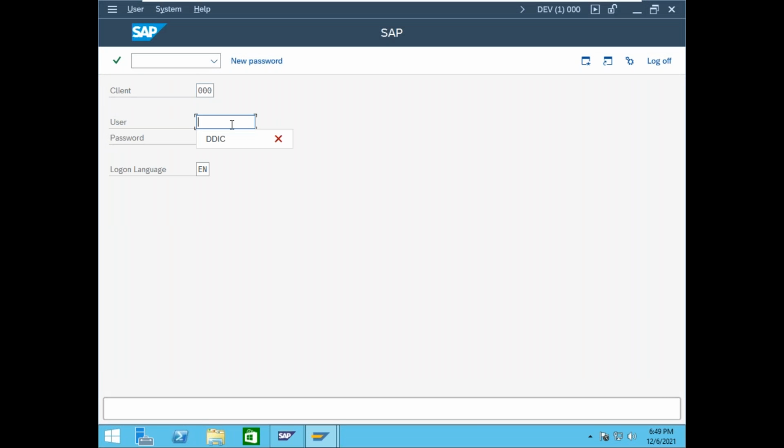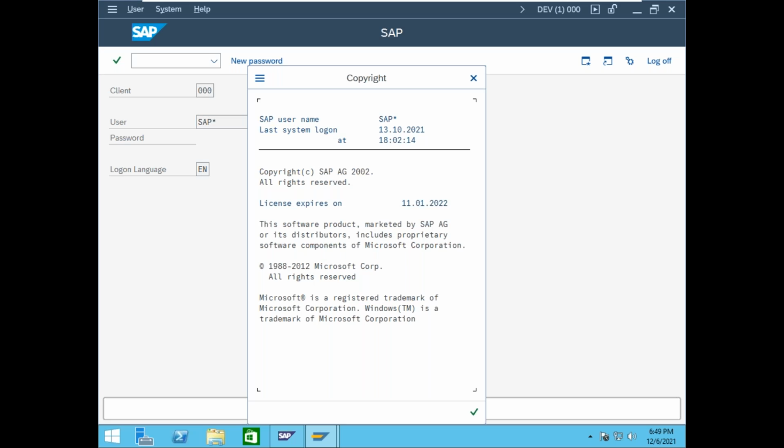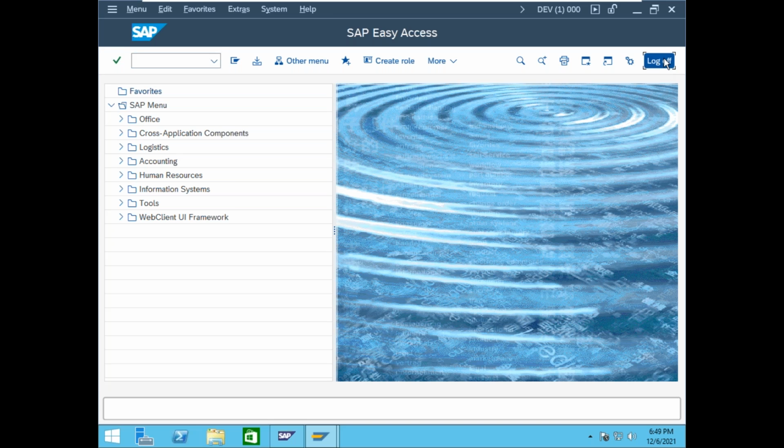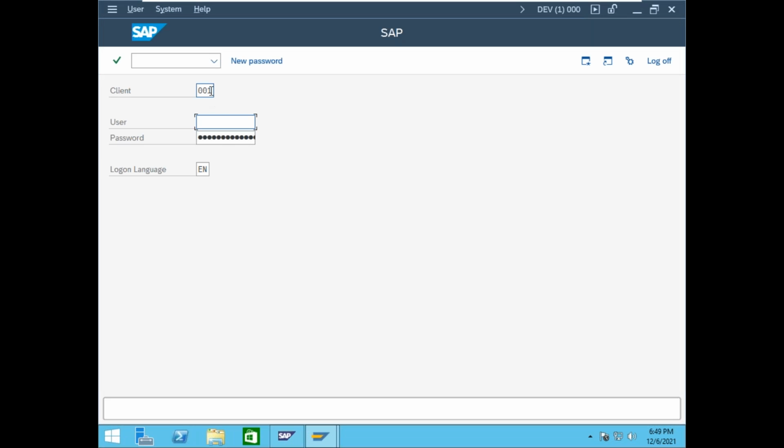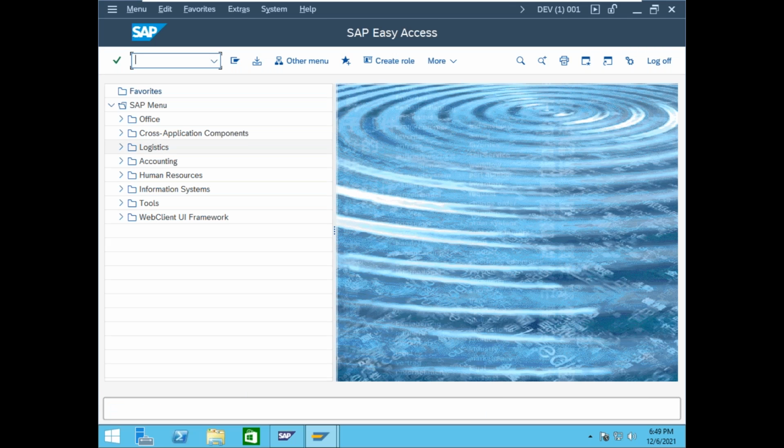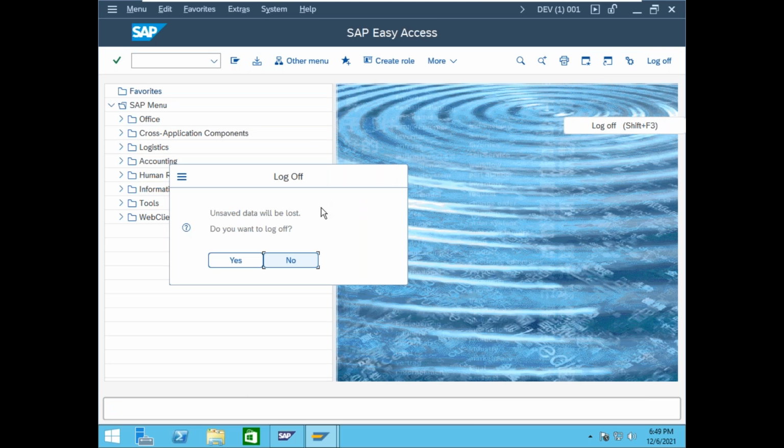Then 000, SAP Star, basis.123. Enter. Log off. Yes. Then 001, SAP Star, basis.123. Enter. Log off.